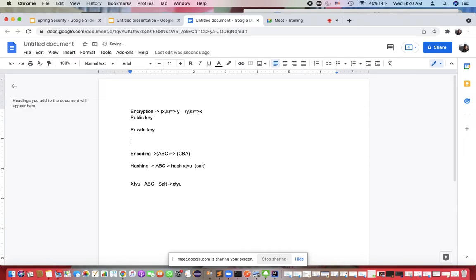Now assume that I am the server. I will share the public key with everyone. And I'll say, whenever you are sending me a value, encrypt it with this public key. Suppose the public key is key 1. I'm saying, encrypt your x with key 1,